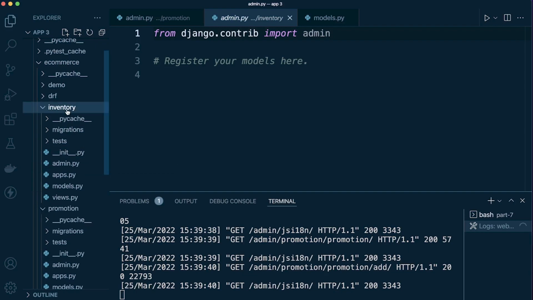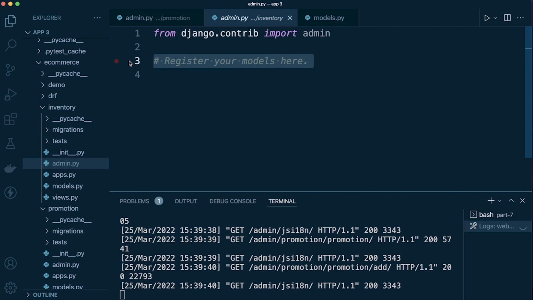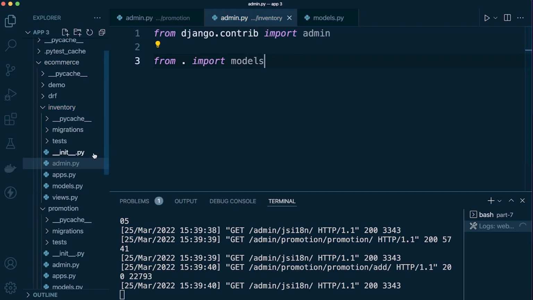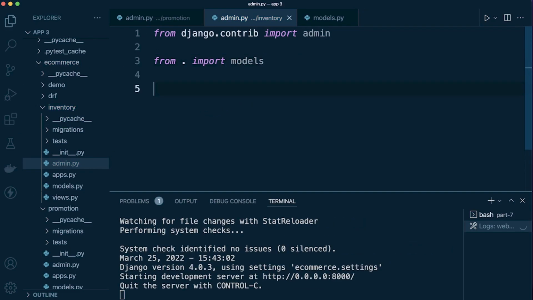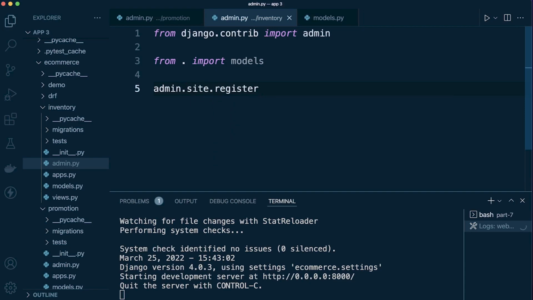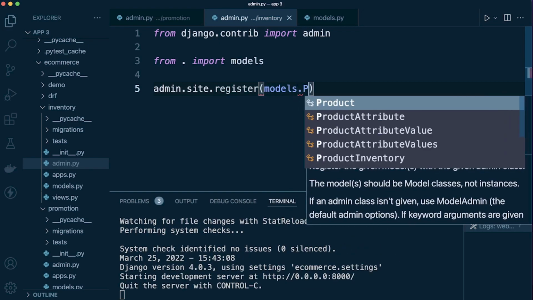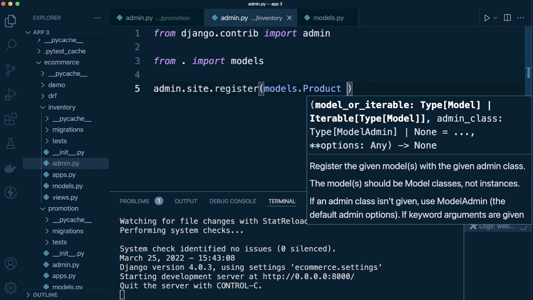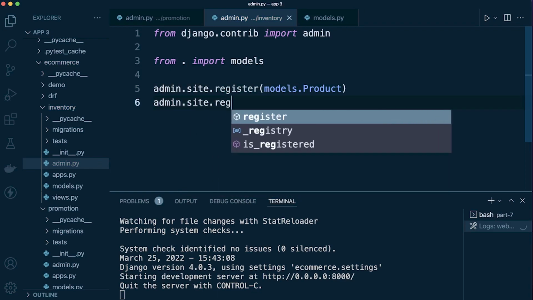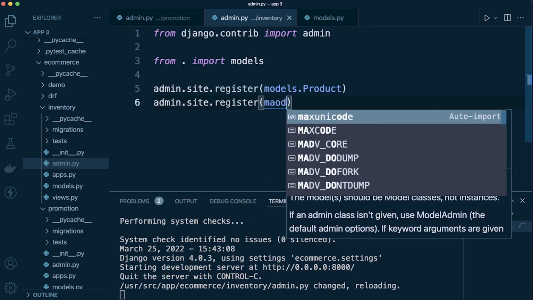So if you go into inventory, let's just go into admin, and let's just go ahead and create a small admin for this as well. So let's say from . import models. So yeah, this is inside of the inventory admin. We're going to say admin.site.register. Let's go for models.product. We may as well just add some more, and it might be useful. admin.site.register models